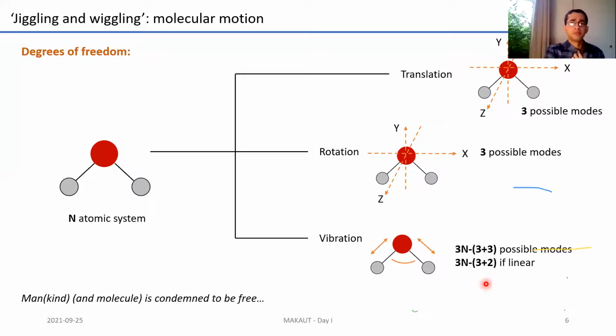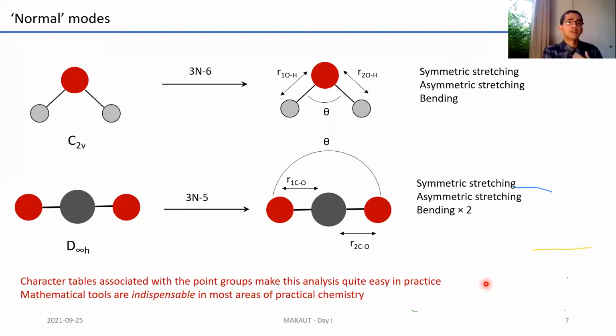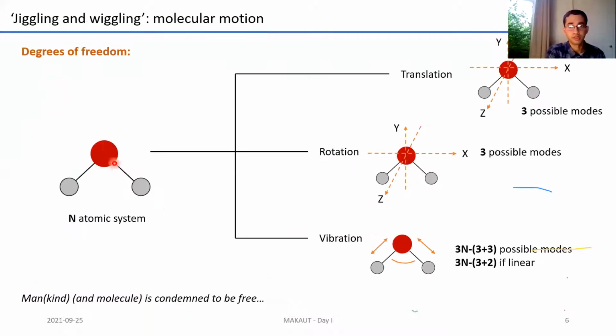So going a little bit more into detail, there are certain things that are known as normal modes. This is effectively looking a little bit more into detail at the kind of vibrational spectroscopies that one would tend to do. So for example, for a molecule like water, which I've been talking about here, it has 3n minus 6. So that makes 9 minus 6. That's 3 normal modes, right?